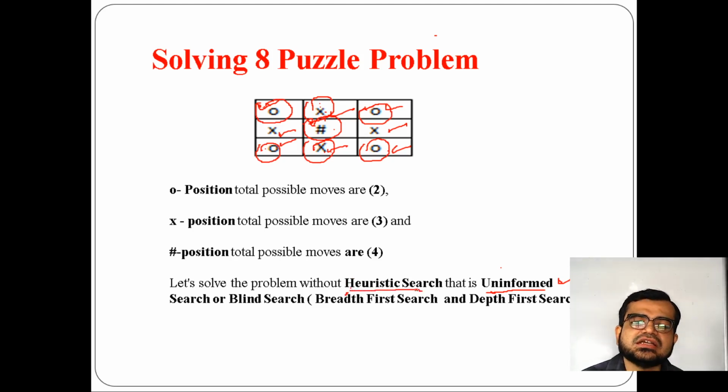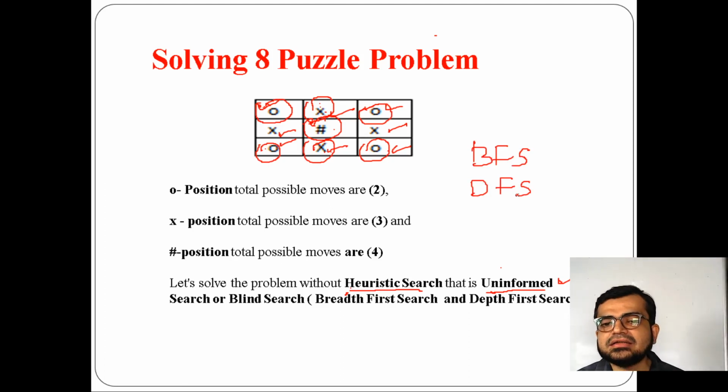We are not discussing heuristic search or informed search right now. We will discuss it in the next few classes. Uninformed search is blind search. Why is it called blind search? Because the search doesn't know what it is performing, but ultimately it tries to give you an output for the given problem. There are various techniques for uninformed search, but to solve this 8 puzzle problem we are using 2 techniques. The first is BFS, breadth first search, and the second is DFS, depth first search.